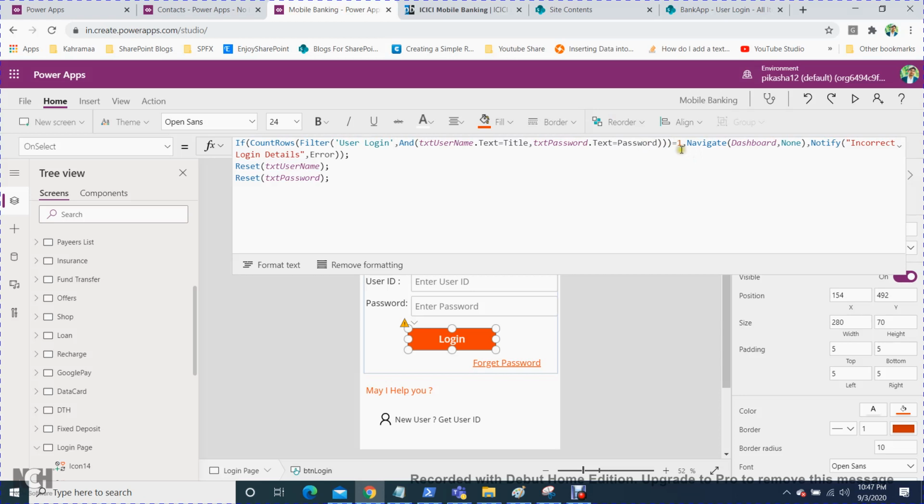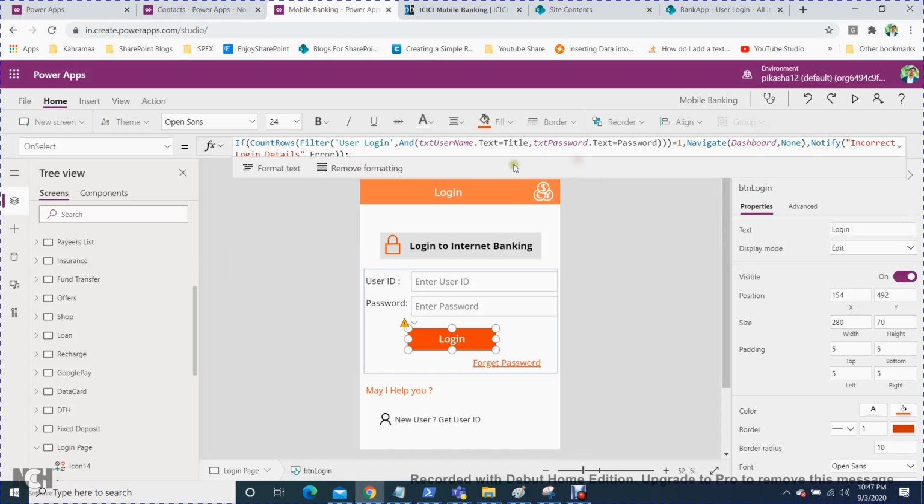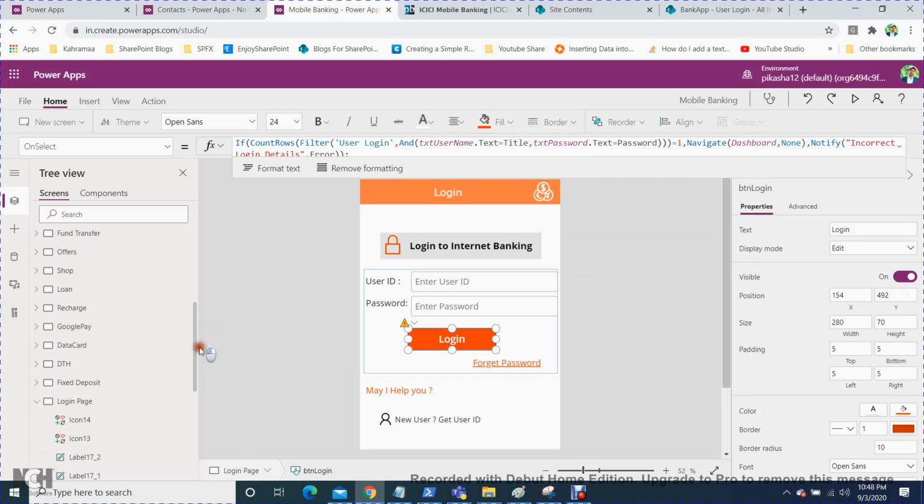If the count is 1, meaning the user ID and password both match in your list, then navigate to the dashboard page. Otherwise, if it is 0, it will notify you with incorrect login details, and then clear the ID and password. I'll show you how it works.